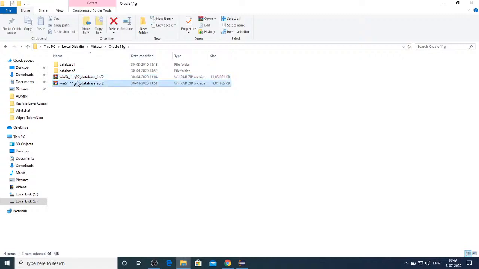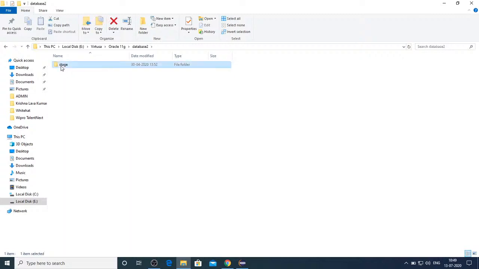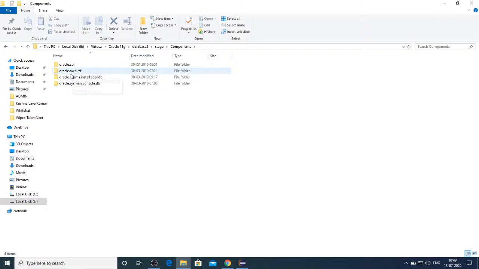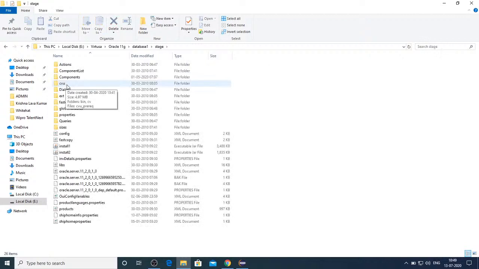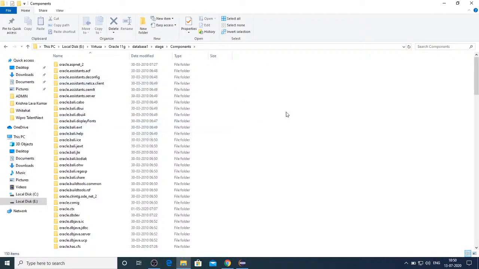You extract them, and you will get 2 folders, database 1 and database 2. From database 2, you need to copy all the folders from components, go to database 1, and paste those components there.